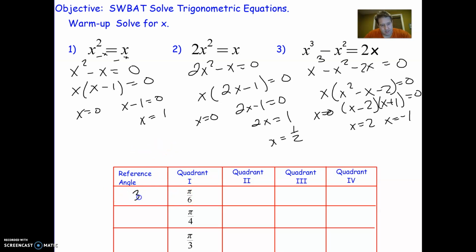So pi over 6 is a 30-degree angle. Pi over 4, you should know, is a 45-degree angle, and this is a 60-degree angle. So in which quadrants? If you remember the reference angle, in quadrant 2, a 30-degree reference angle will be right here. 180 minus 30 makes